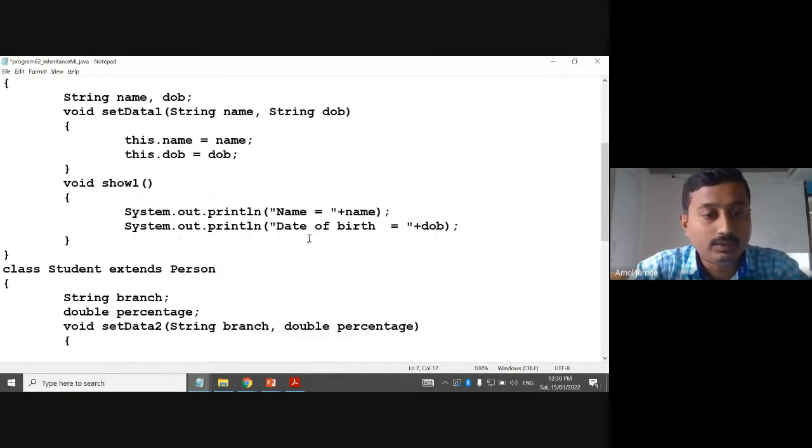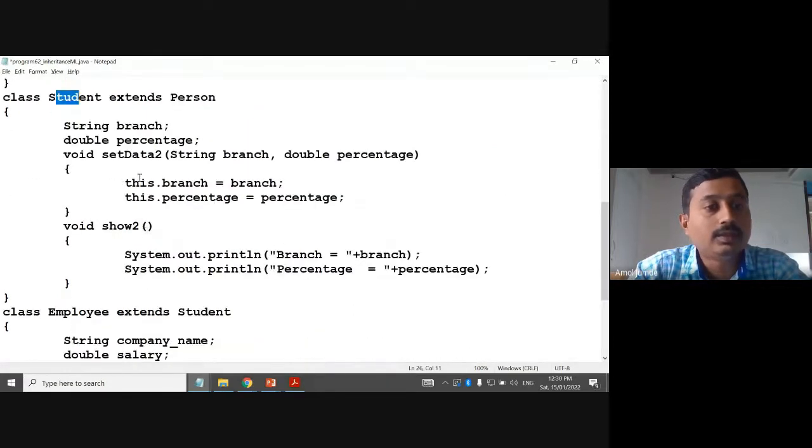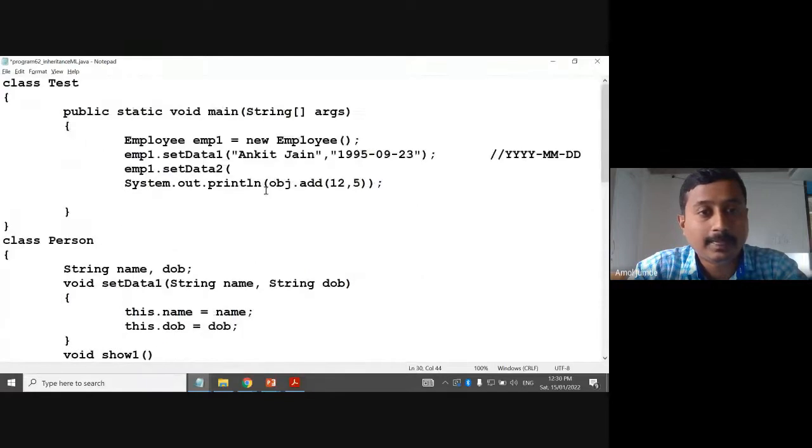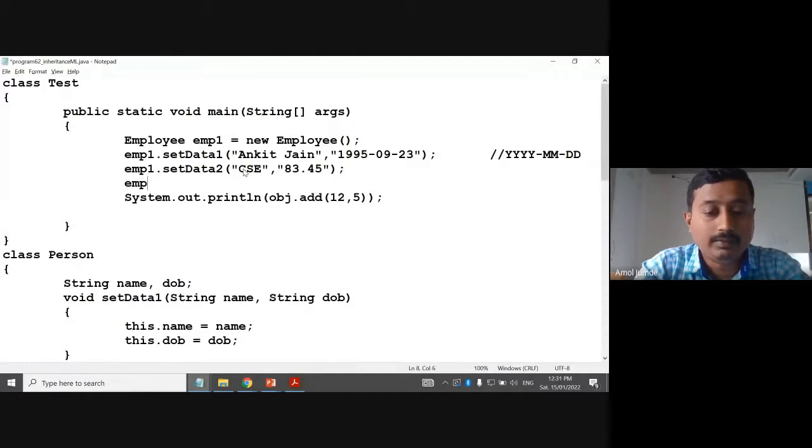Set data 2 is coming from student. Okay, in student we have stored branch and percentage. Okay, branch let's say CSE, and percentage, yes, 83.45. Then emp1 dot